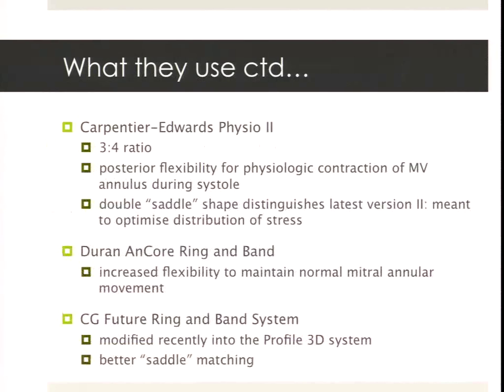There's the Physio 2. A lot of this work comes from New York, from David Adams, I think, who's done a lot of this work following on from Carpentier and done it for Edwards. And this one has that double shadow. It tries to optimize the distribution of stress. There's also devices from Medtronic, a Duran ring and band, which has theoretically more flexibility and that sort of stuff. But the bottom line is you really just need to find out what rings your surgeon is using